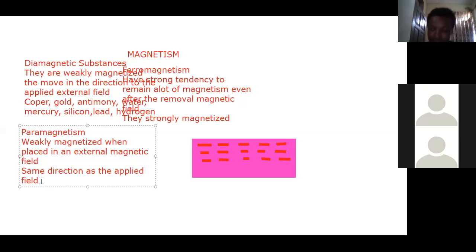Normally their domains are arranged disorderly, in other words, randomly.